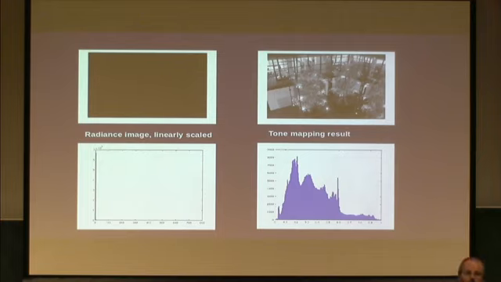Right, so as I said, from the high dynamic range images, you have to go to low dynamic range images for display. And how to do that? Well, you have to do it properly, otherwise things do not look right. If you use linear scaling, this is what you get. This is one high dynamic range image, linearly scaled, where you assign 255 to the brightest pixel and 0 to the darkest. So you see nothing. There are a few white dots there. Why? Because most of the pixels are very dark and you have just a few very bright. So linear scaling produces this awful result.